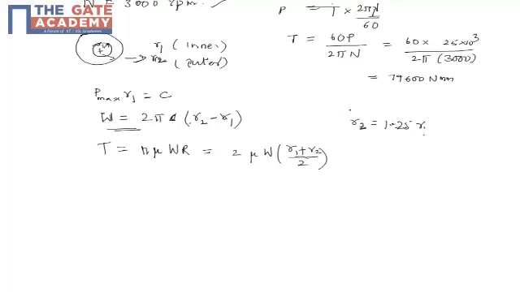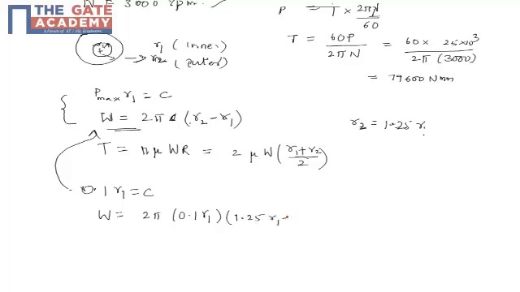We use the first two equations. The maximum pressure it can support is 0.1, so 0.1 into R1, the inner radius, is the constant C. Now we use this in W. We get W as 2 pi, C is 0.1 R1, and R2 minus R1, where R2 is 1.25 R1, so it becomes 1.25 R1 minus R1. So the value of W you will get is 0.157